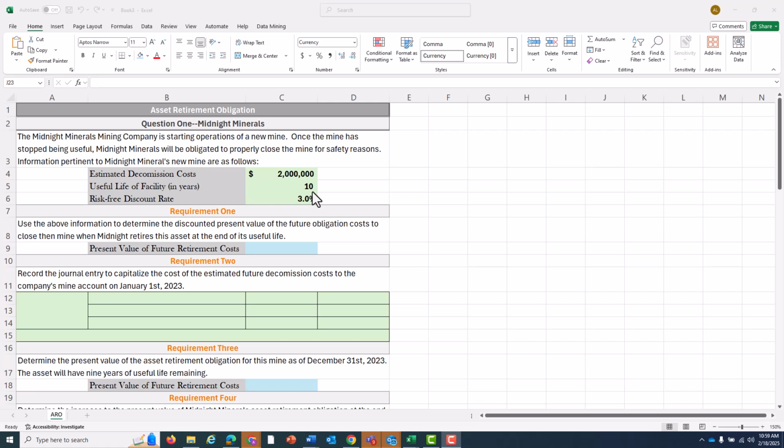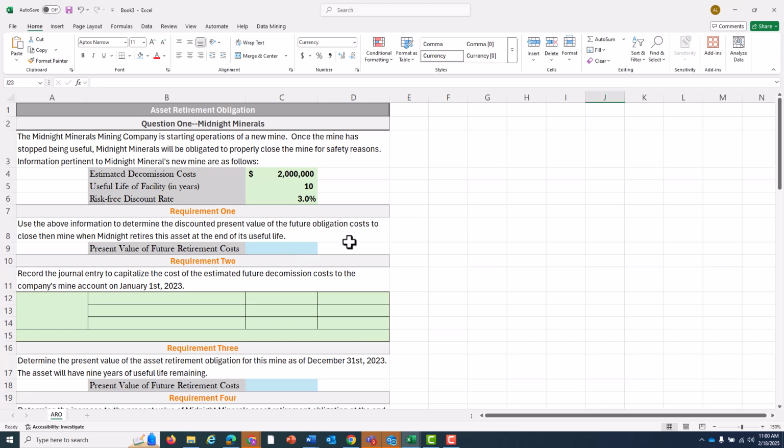And to do that, we're going to have to find out the rate that we're going to discount it at. How are we going to decrease this from future money to today's money? And there are two options that are pretty commonly accepted. The first is the risk-free discount rate. So that is the rate that the U.S. government offers on long-term bonds. And in this case, that's what we're going to use, which is 3%. Another option, too, is to take the estimated rate of inflation, which you can also readily find from any database that you want, and discount it at the expected rate of inflation. But we're going to use the risk-free discount rate right now on a 10-year U.S. bond, and we're going to use the PV function to convert that $2 million 10 years from now into today's